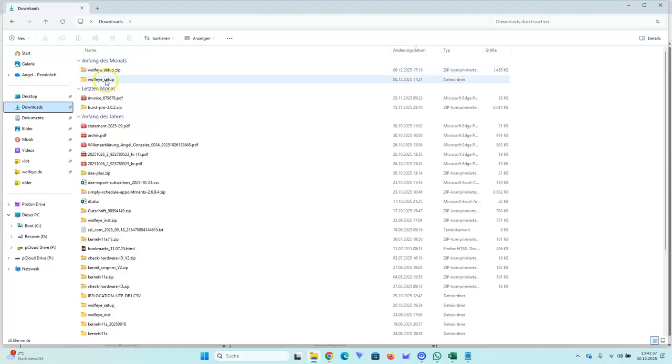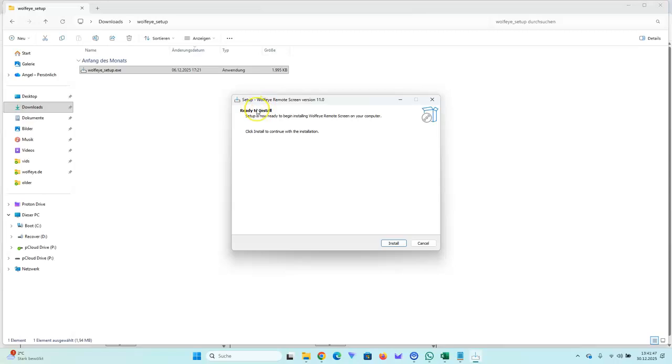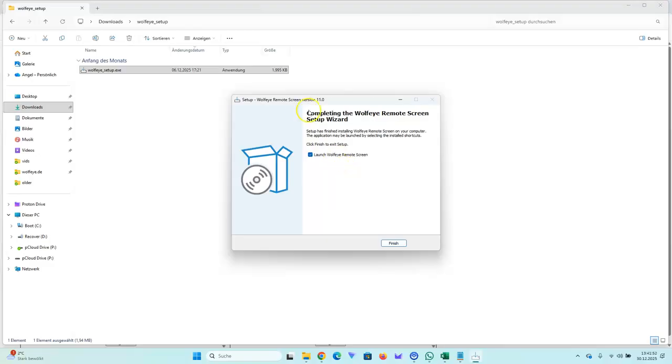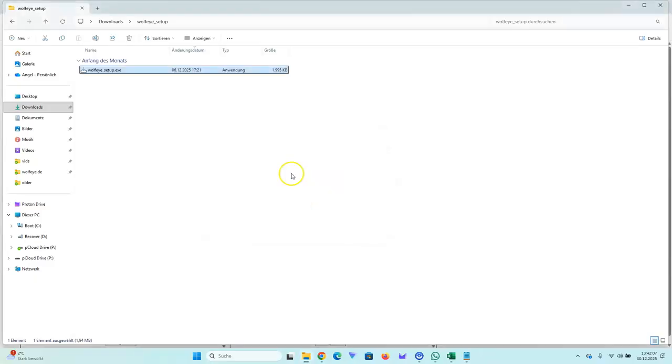Basically, you go to the installation setup file that you download. You double click it, and the installation wizard opens. And then you hit the install button, and the software installs. Then you hit finish and it runs Wolfeye Remote Screen. The control window appears. And to set it up, you only need to hit 2 buttons. The share button, and then the stealth mode button that turns it into stealth mode and hides the software. That's it. And that you do for each of the computers in your company that you want to monitor